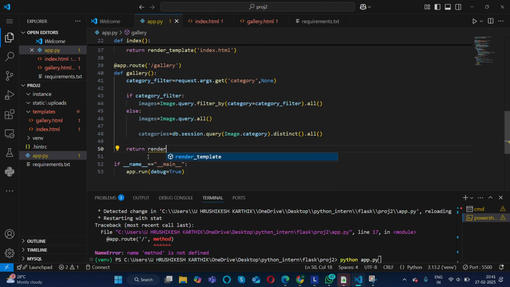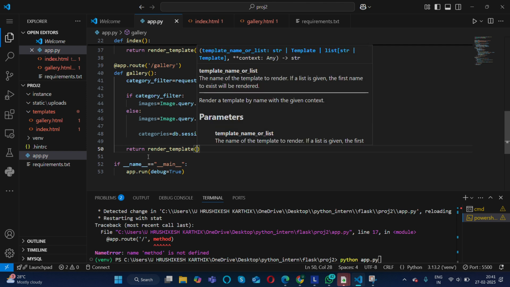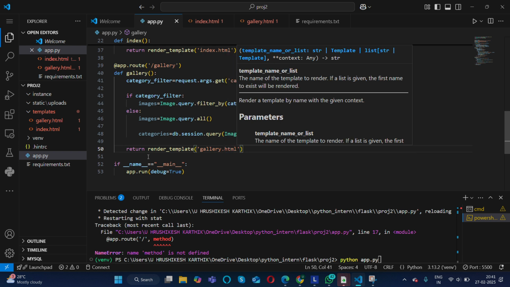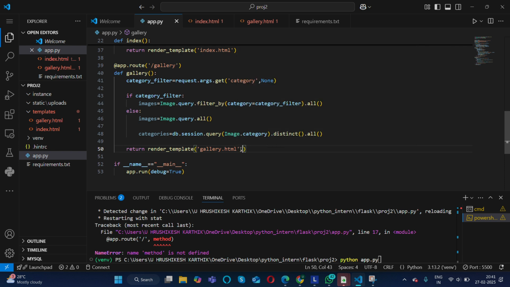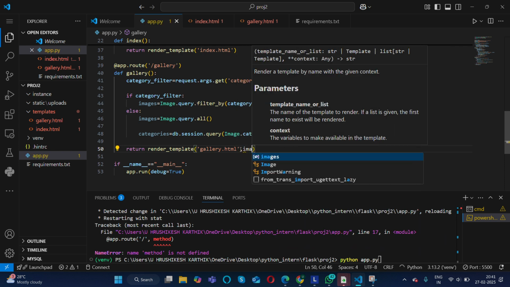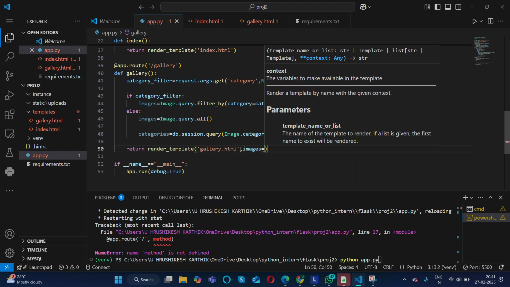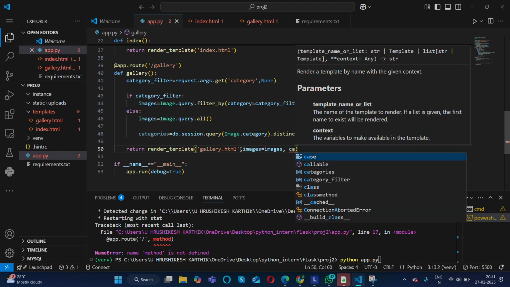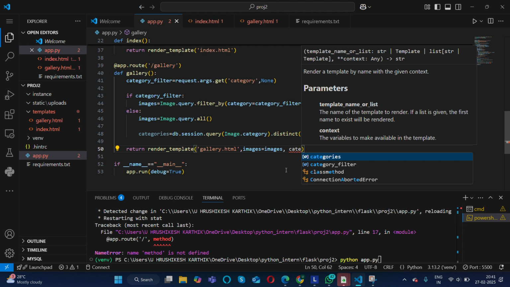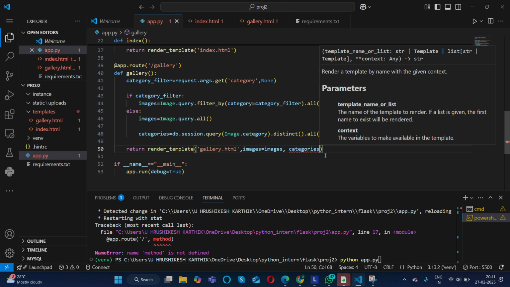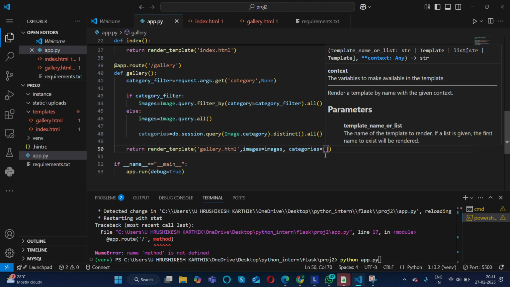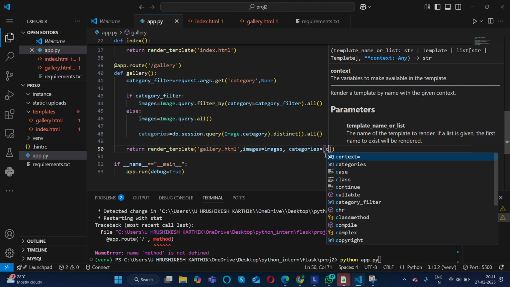I will use render template. Return everything, right? We also use this category is equal to. So this is an interesting part here. We'll use the 0th index, like I'll discuss it more better. So for now I'm just briefing it.